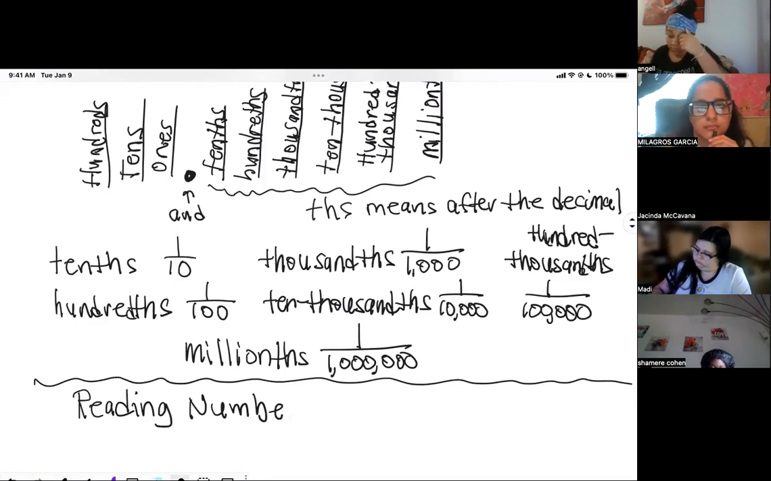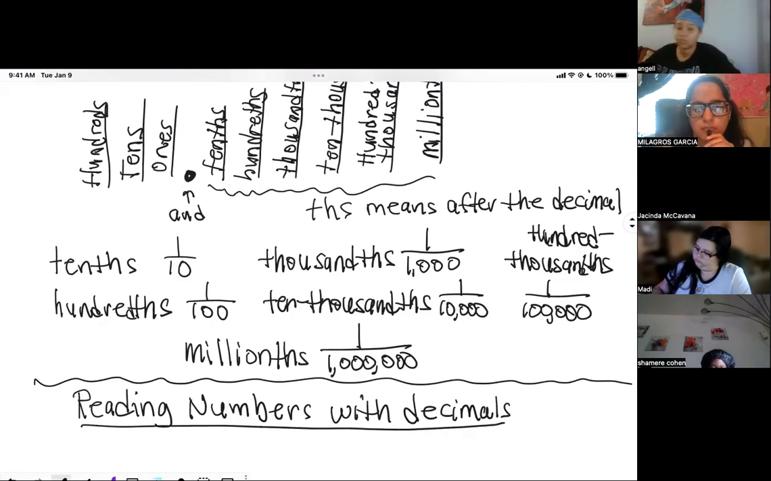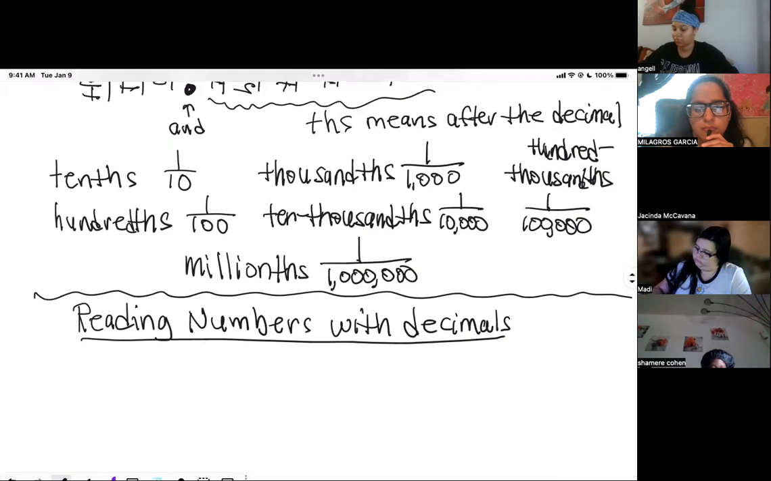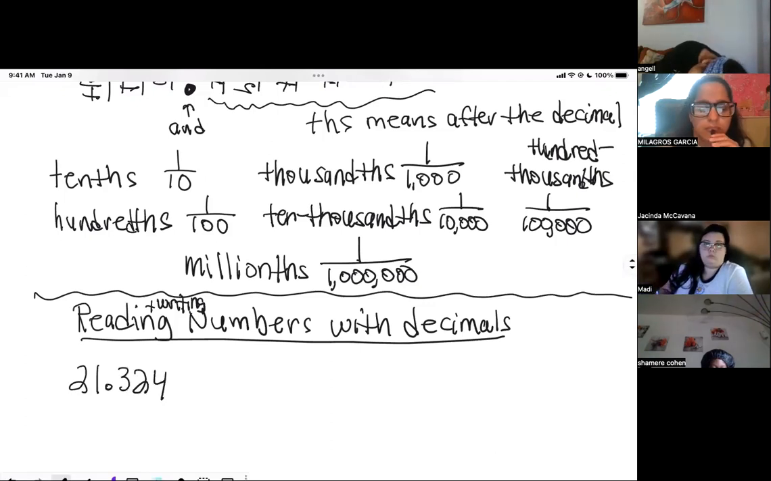Okay, so I'll go back to what I gave as a little example earlier, reading numbers with decimals. How do you read it? How do you write it? I guess I should put reading and writing. Okay, so if I have 21.324, I know we say 21.324, which is fine, but if I had to write it in words, it would be